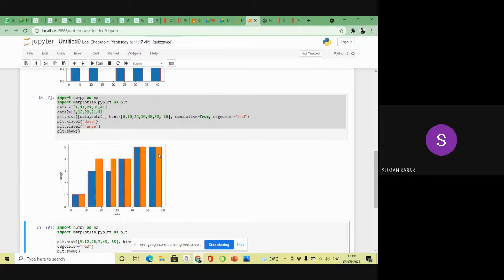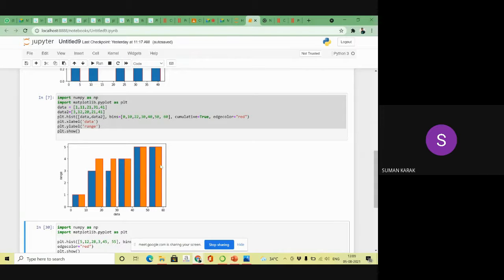That's why our result will be changed. Sorry, between 40 to 50 only one value is there, so both values are the same. Both bin values are the same, so that's why it will be showing the 5.